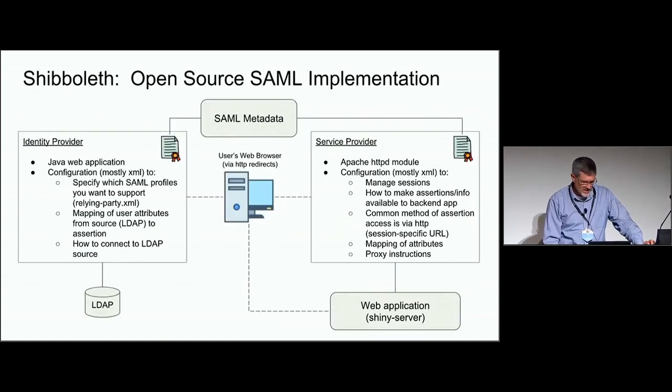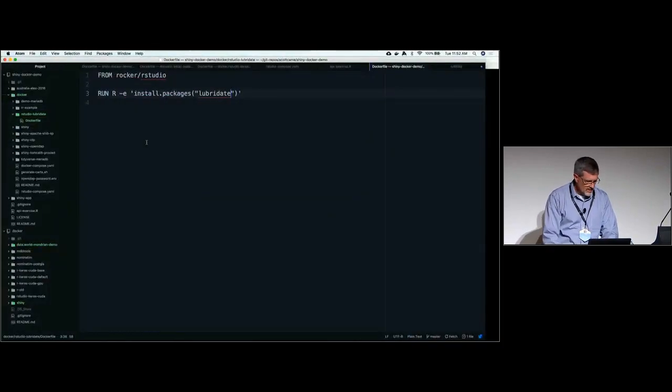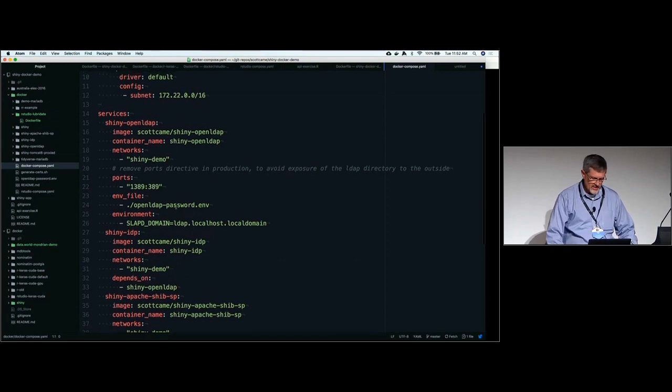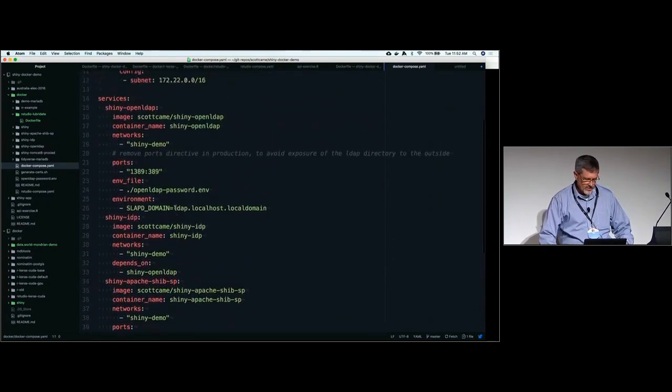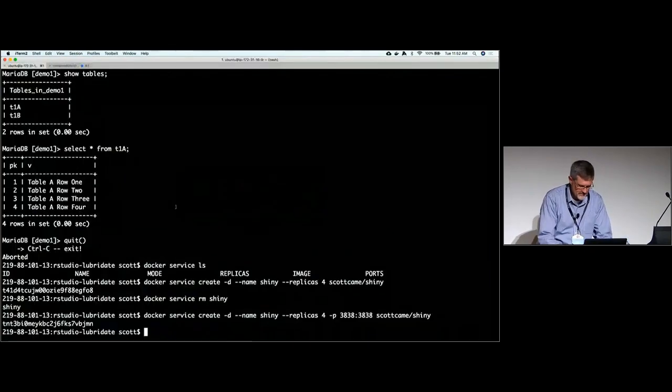Just a little bit more about SAML. And so rather than go through this, because we really don't have time, there's a Docker Compose file in the root of the Docker directory, called Secure Compose, or no, it's just Docker Compose. It has all of these components in it. And so if we just run this,